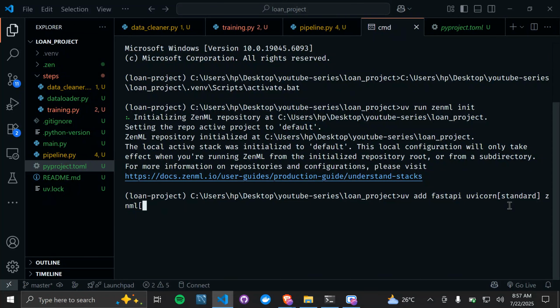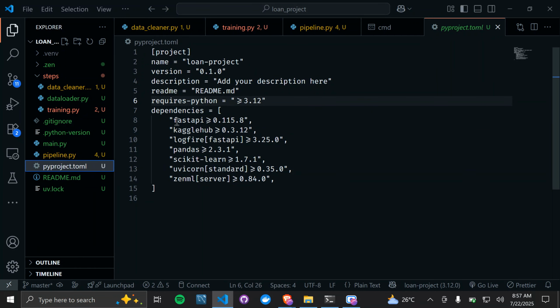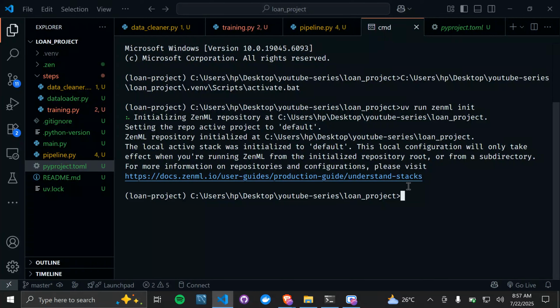But we've done all of this, and how do we know? Because if we check our pyproject.toml here, there is fast API, there is UV standard, and there is ZenML server. Cool. So what's the next thing to do? The next thing to do is to actually run the pipeline. So I'm going to say UV run